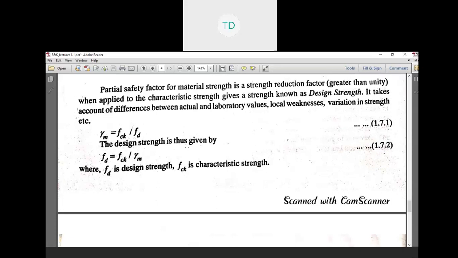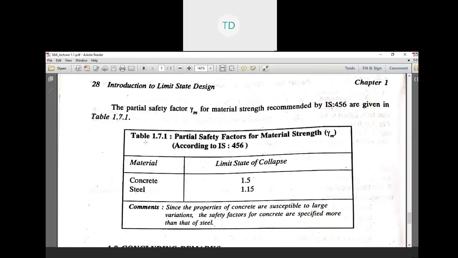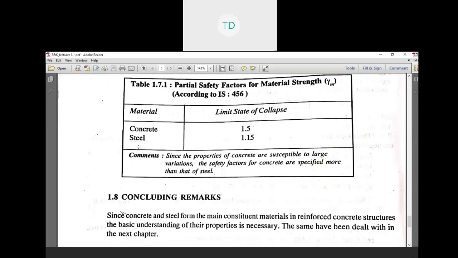The design strength is thus given by Fd is equal to Fck upon gamma m, where Fd is design strength and Fck is characteristic strength. Okay. This is a table of partial safety factor for material strength, and these safety factors are,